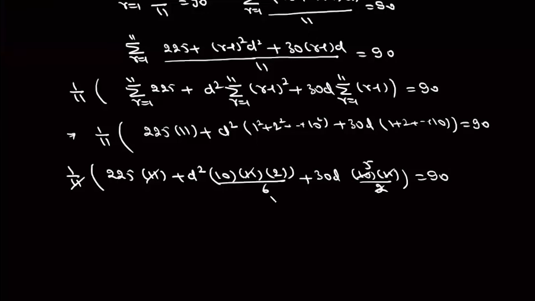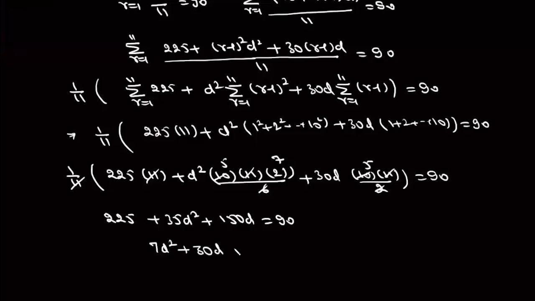Now this is 5, and this is 5 and 7. So we'll get this as 225 plus 35d square plus 150d, it is equal to 90, or 7d square plus 30d plus 45 minus 18 equals 0. So we'll get this quadratic result in d, which is 7d square